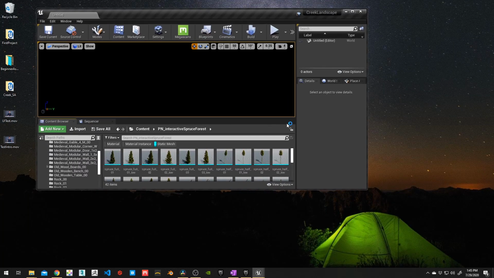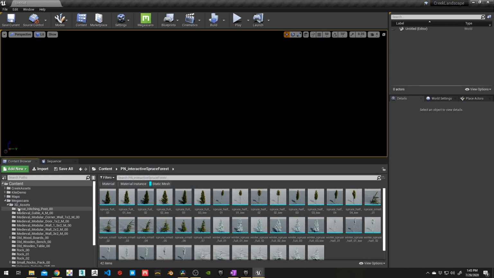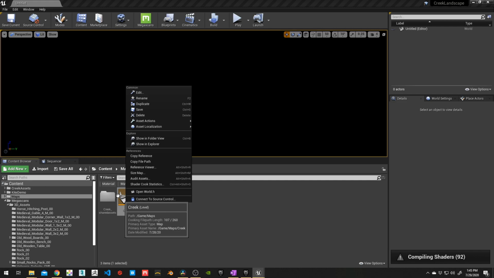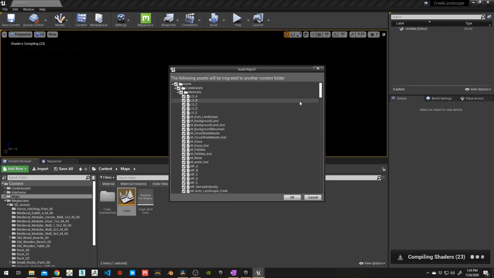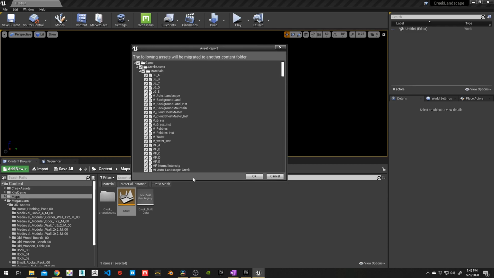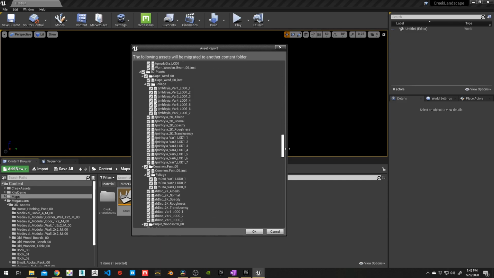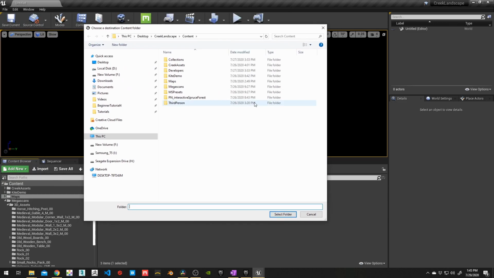And now within my original project, I'm going to go over to the map I want migrated. So maps, right click, go to asset actions, then hit migrate. Now what Unreal has done is that it's gone through and found all the assets being referenced by this map, and it's leaving out the assets that aren't being used. Now if I hit OK, I can select my new